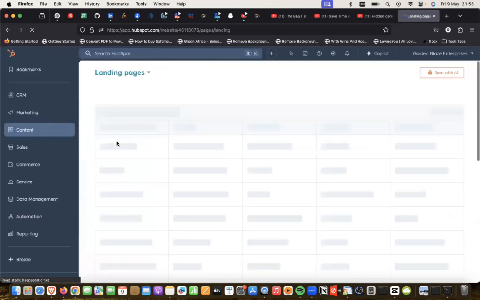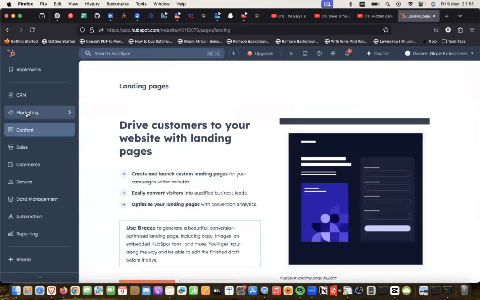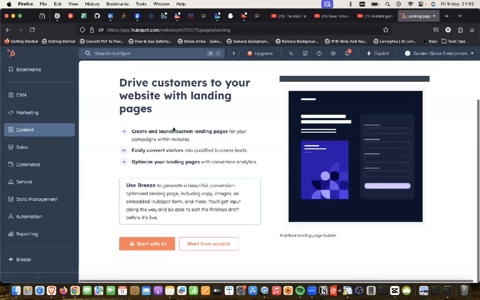So just under the content department, like I mentioned yesterday, every single department in a company can use HubSpot. We have the CRM, which is for customer service and customer relationship staff. We have the marketing, which is for marketing staff. We have the content side of it, which is for content creators. They can create your landing page from here. They can create everything that has to do with your socials from here that is still linked to HubSpot. Then we have the one for the sales department. We have commerce. We have a lot of things. That is why it is called a one-stop shop. So assuming we want to create